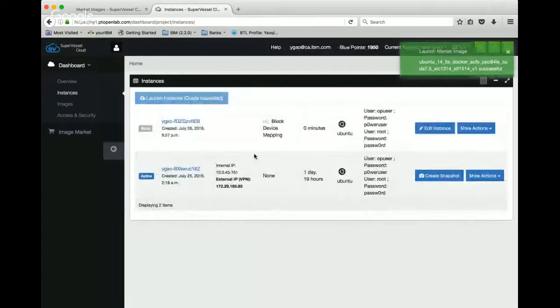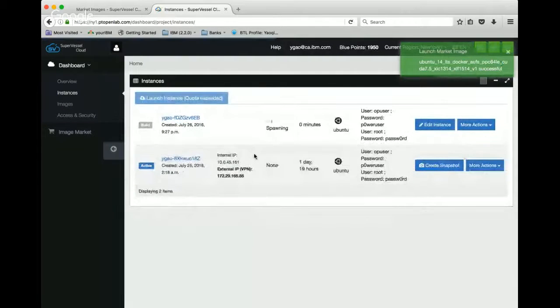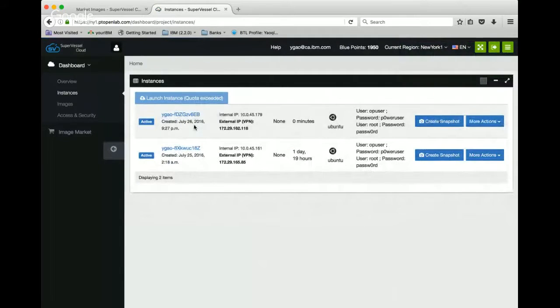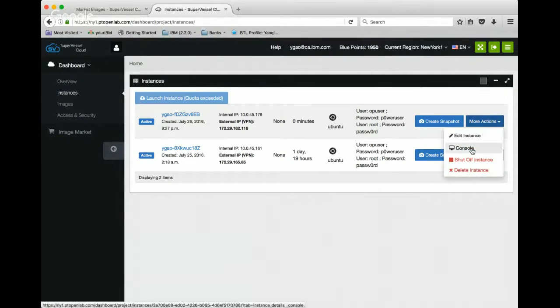So now you see I have two instances. One I created yesterday, and the new one I just created now. And here you can see the external IP address, and initially the password for root and for the user. And first you can click the console and change your password, and then